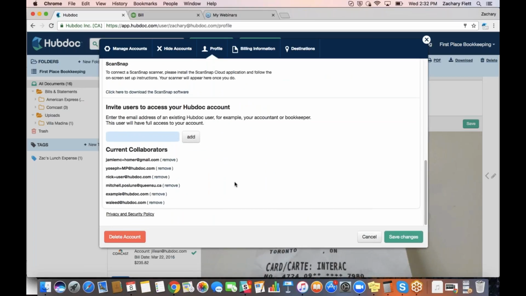Down here at the very bottom, we have the option to invite users to access your Hubdoc account. So this is what you're going to do if, say, you have employees that you want to have access to the account, or if you're an accountant and one of your clients has a Hubdoc account and they have employees that work underneath them that also need access to the account, you can come in here. If you type their email in,